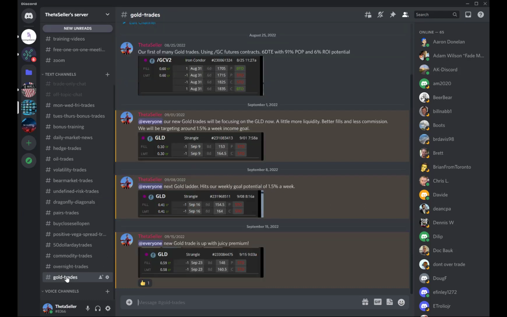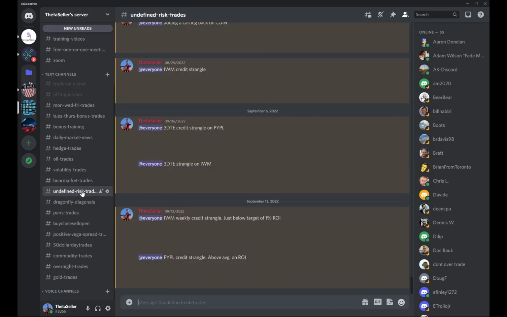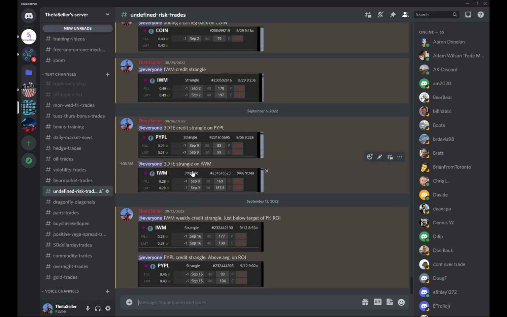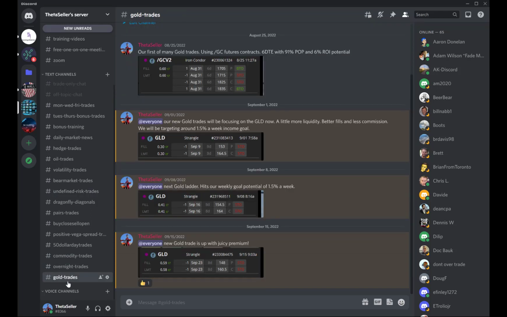Gold trades. Last but not least is our gold trade. A gold trade is a ladder trade for us as well, meaning once a week we are going to put a gold trade on, and this is a credit strangle as well. Now, our IWM trade, our undefined risk trade that we do every week on the IWM, we're trying to get 1% a week out of that. Our gold trade, we're shooting for